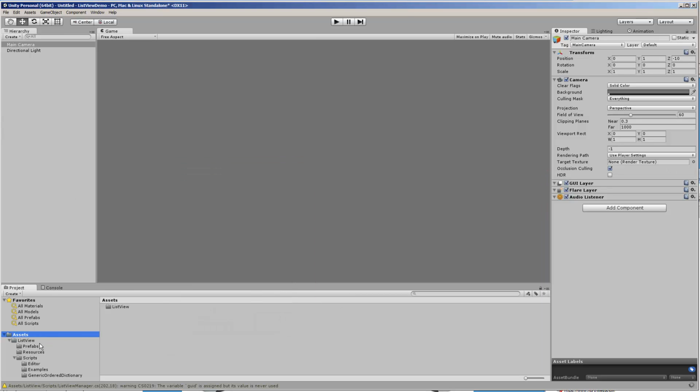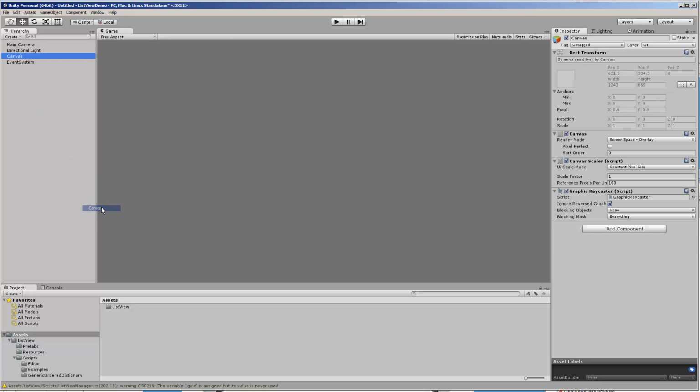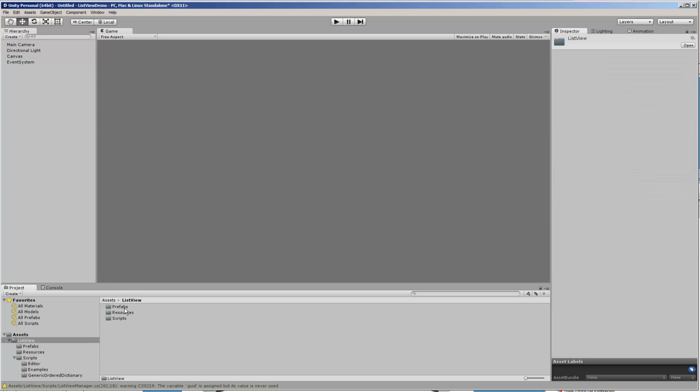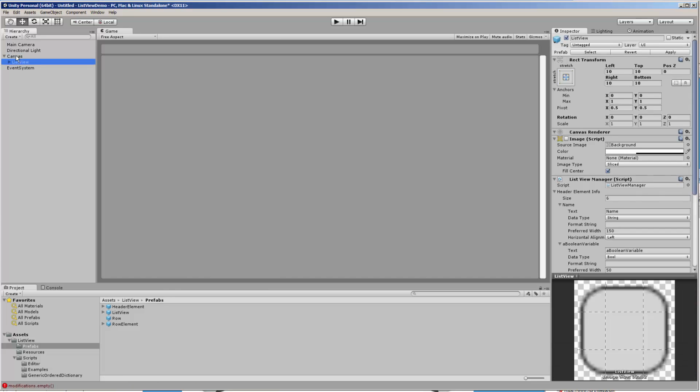Everything's contained within this Listview folder. And then we'll go ahead and create a new UI canvas. And we'll go into Listview and drag this Listview prefab onto our canvas. And then if we take a look at this Listview game object, we'll see that there's a Listview manager, and